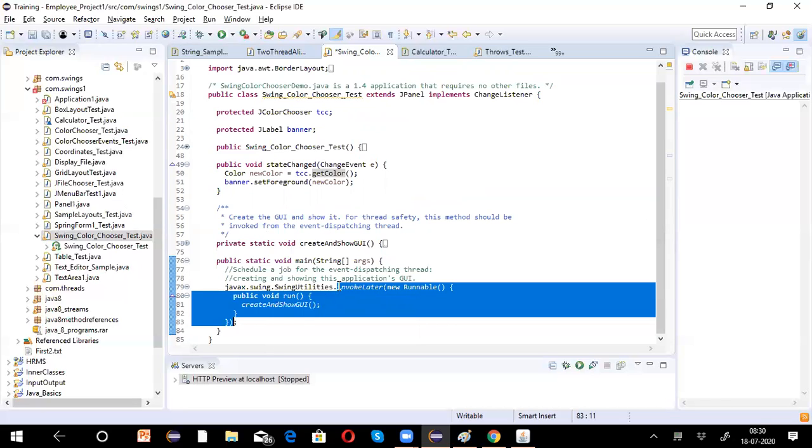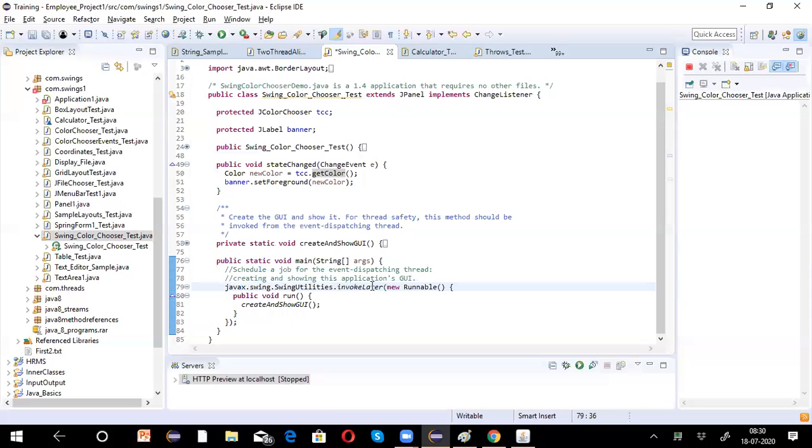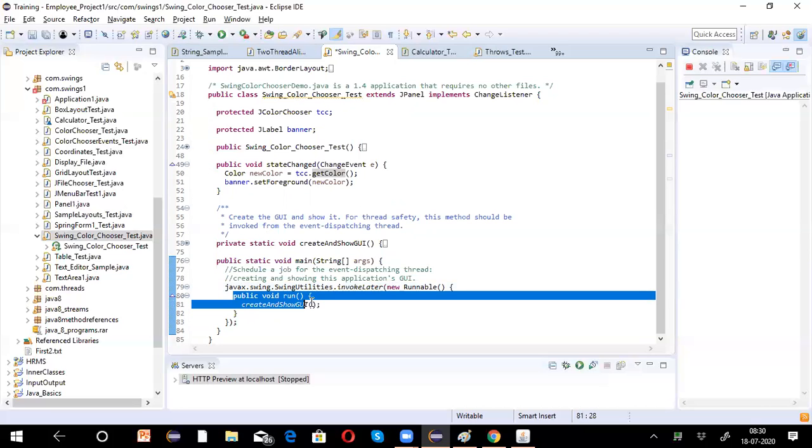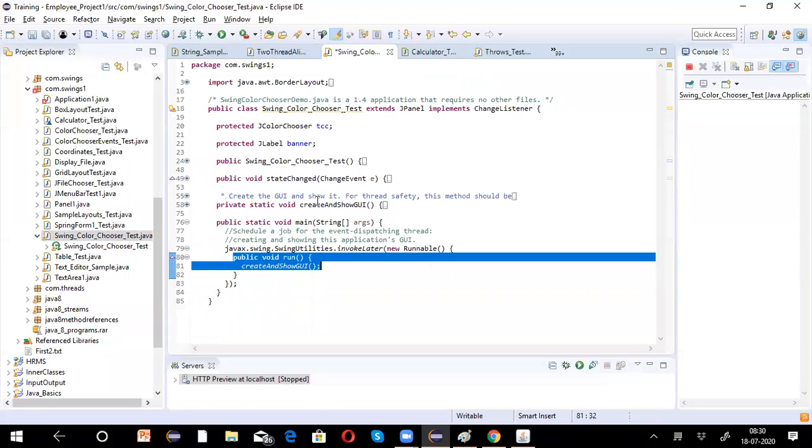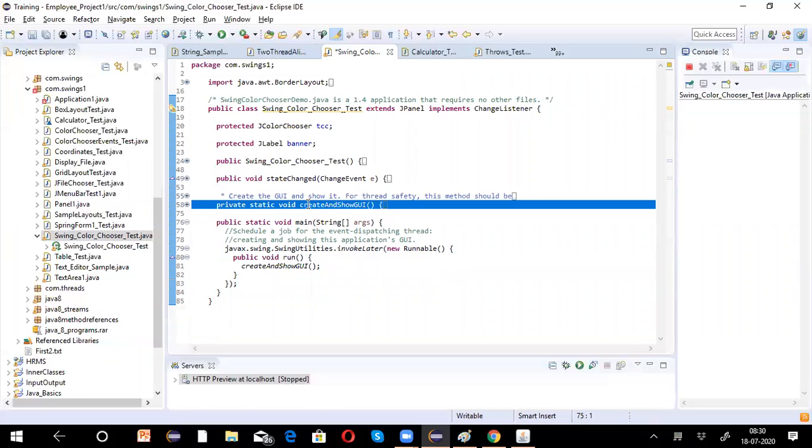From that, we have one method called invokeLater, with new Runnable, public void run, createAndShowGUI. Now this GUI method, the createAndShowGUI method, we are running as a thread.